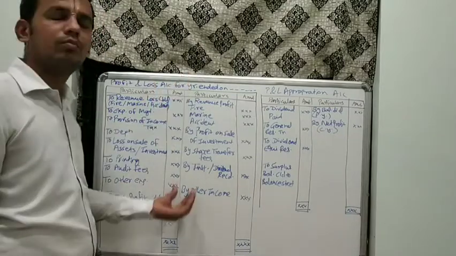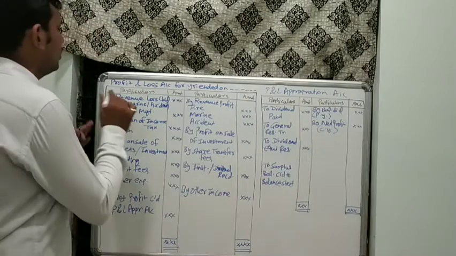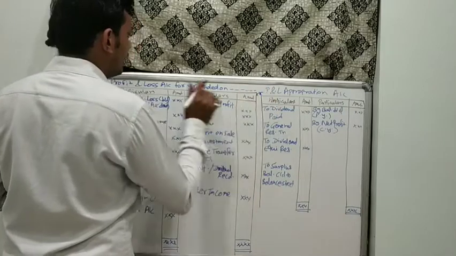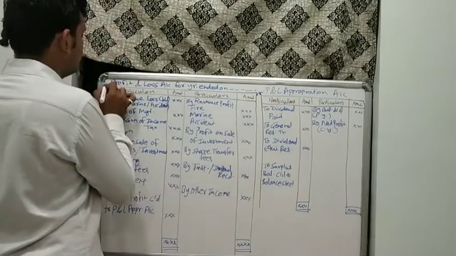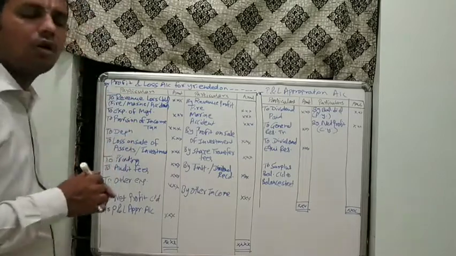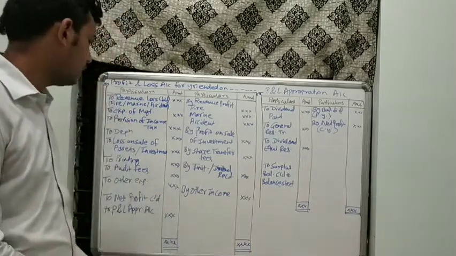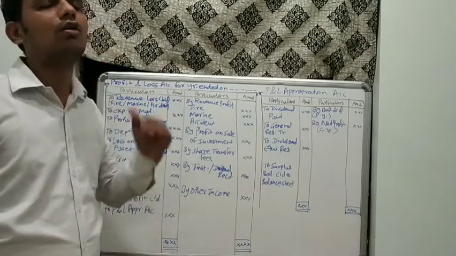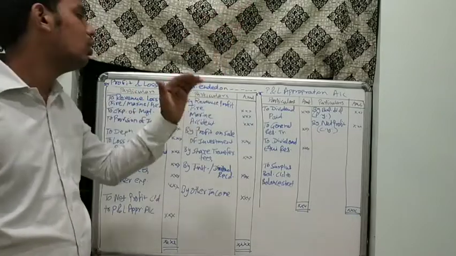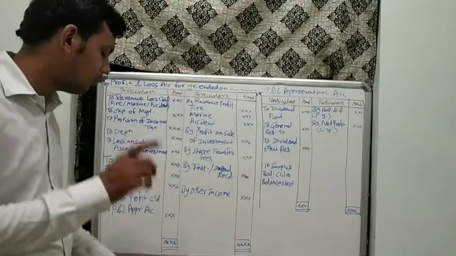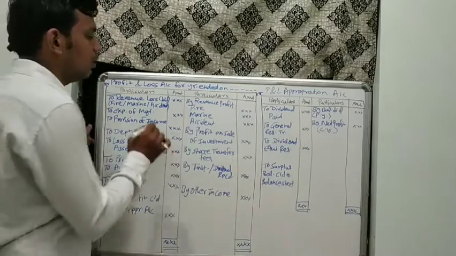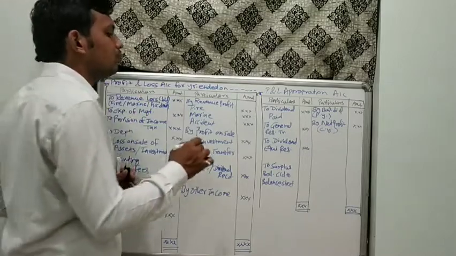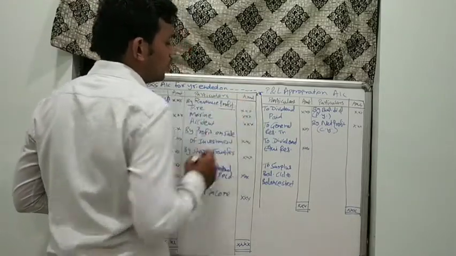And again, simple, we have to make two parts, first one for debit and second one for credit. These would be the two parts which we would make for the purpose of preparation of final account of a general insurance company. In the debit part we will start with 'To revenue loss brought down'. Whatever the loss or profit occurs in the revenue account would be fetched to the P&L account. If there is a loss, it would be transferred to the debit side; if there is a profit, it would be transferred to the credit side.